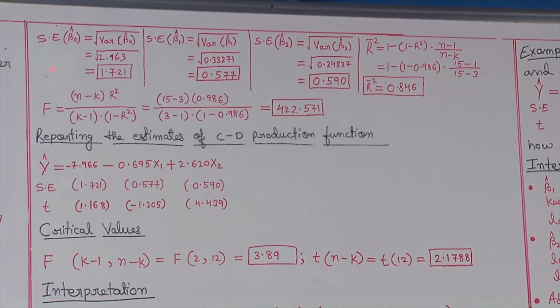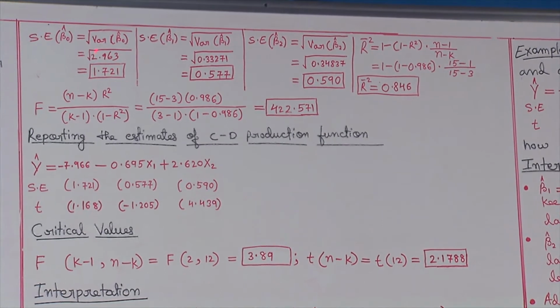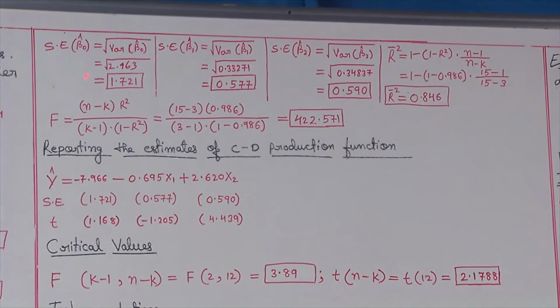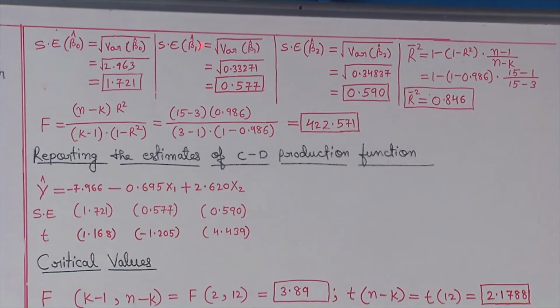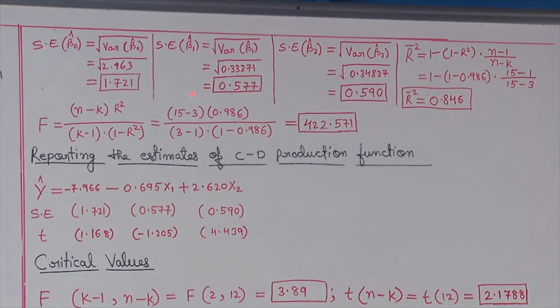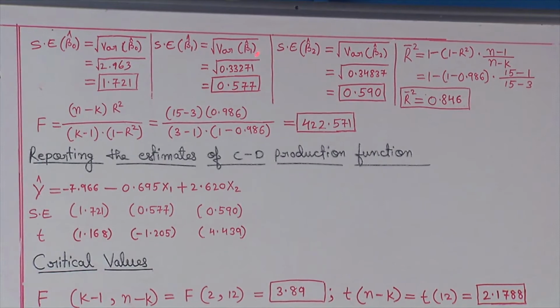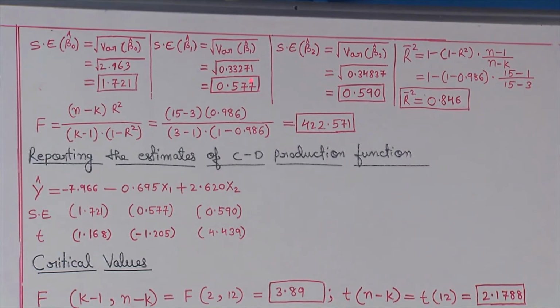Now, the standard error of beta naught hat can be calculated by taking the square root of the variance of beta naught hat. We have calculated the variance of beta naught hat as 2.963. By taking the square root of this, we get the standard error of beta naught hat as 1.721, and the standard error of beta 1 hat can be calculated by taking the square root of the variance of beta 1 hat, that is the square root of 0.33271, which gives